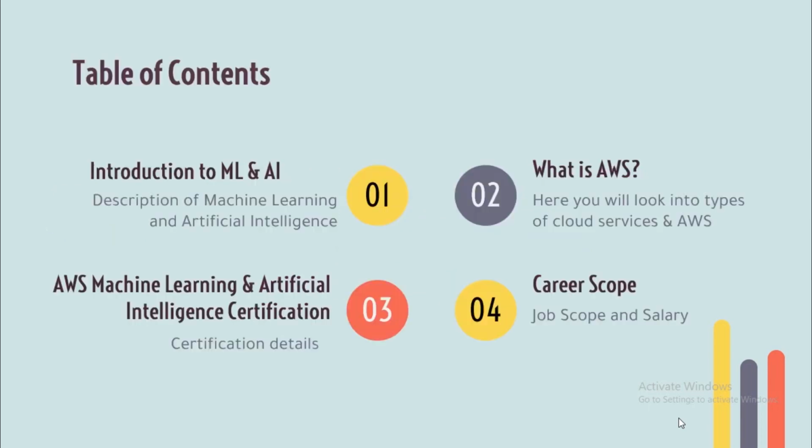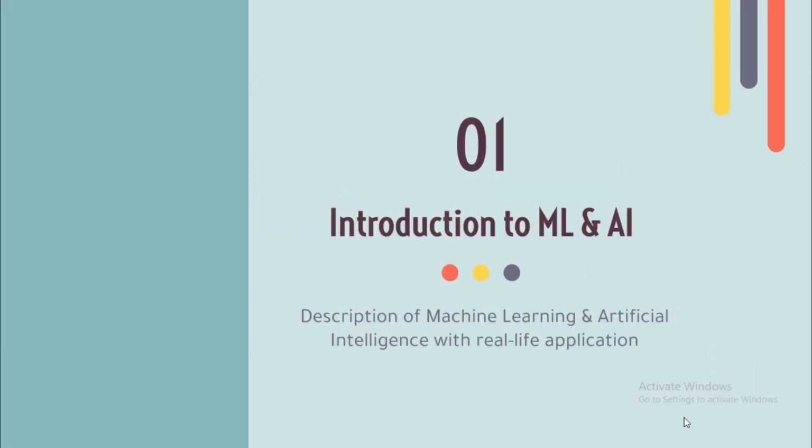So let us move on to the agenda for this video. First we'll have an introduction to machine learning and AI, where we'll see the description of machine learning and artificial intelligence with the help of examples. After that, we'll look into what is AWS, where we'll first understand about cloud services, the types of cloud services, and then we'll move on to AWS. After that, we'll see AWS machine learning and artificial intelligence certification details. And then finally, we'll look into the career scope, which includes job scope and salary of an AWS machine learning specialist. Now, without wasting any time, let us move on to the first part, which is an introduction to ML